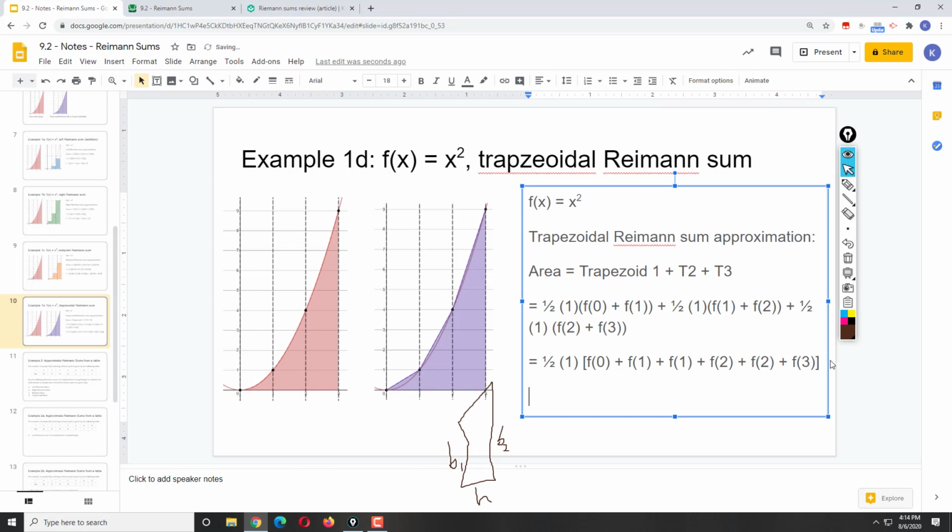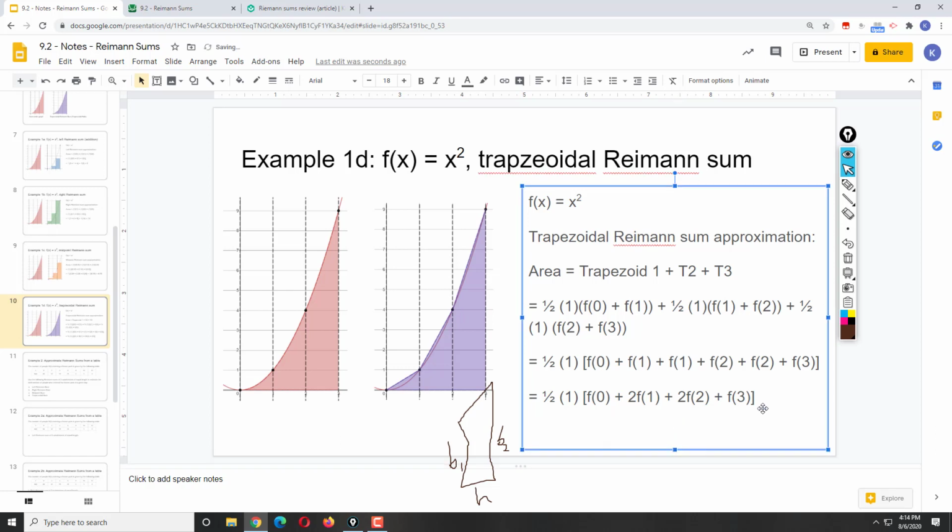And we can simplify that to 1/2 times 1 times f of 0 plus 2f of 1 plus 2f of 2 plus f of 3. So really, we're adding the endpoints only once and the points in between twice